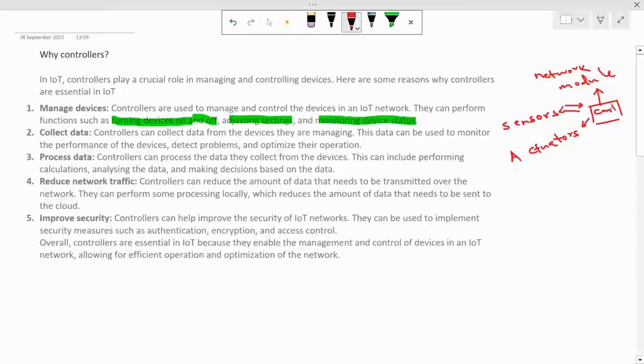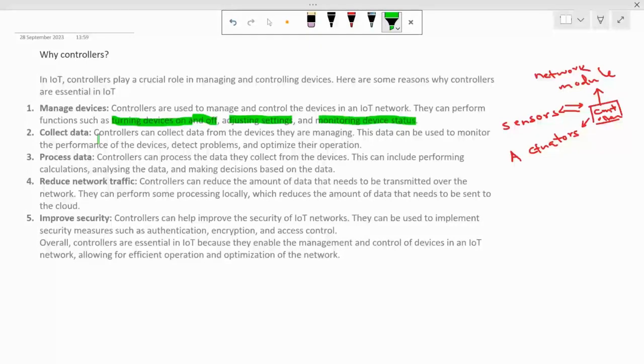The other thing is collect data. So from the sensor, data is coming. The sensor can sense the data. Again, in the future we are going to see details about the sensors. Right now you can think of the sensor as a device which can collect physical world data like temperature, like humidity, and can send it to us.